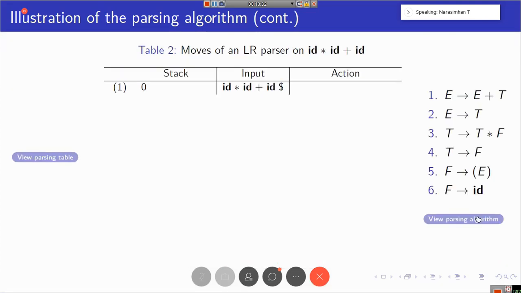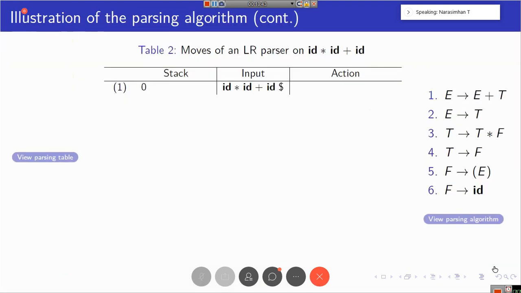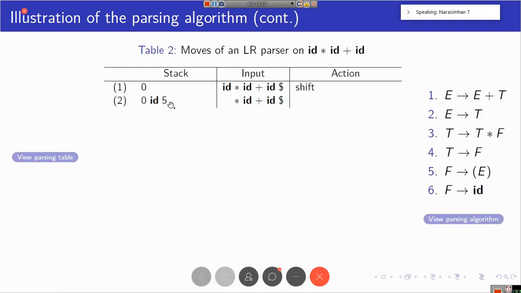Now what do you do in shift operation? You push the input symbol as well as the next state into the stack. You advance the pointer, right? So you need to perform a shift operation. What you need to do? The input symbol was ID, that is pushed. Next state was what? 5, right? Remember, next state was 5, S5. That state symbol 5 is pushed into the stack. Okay? Hope I am clear. S5 was the parsing table entry, so you need to shift. So the input symbol was pushed into the stack. 5 means the next state is 5, that will also be pushed into the stack here. So this will be the stack contents.